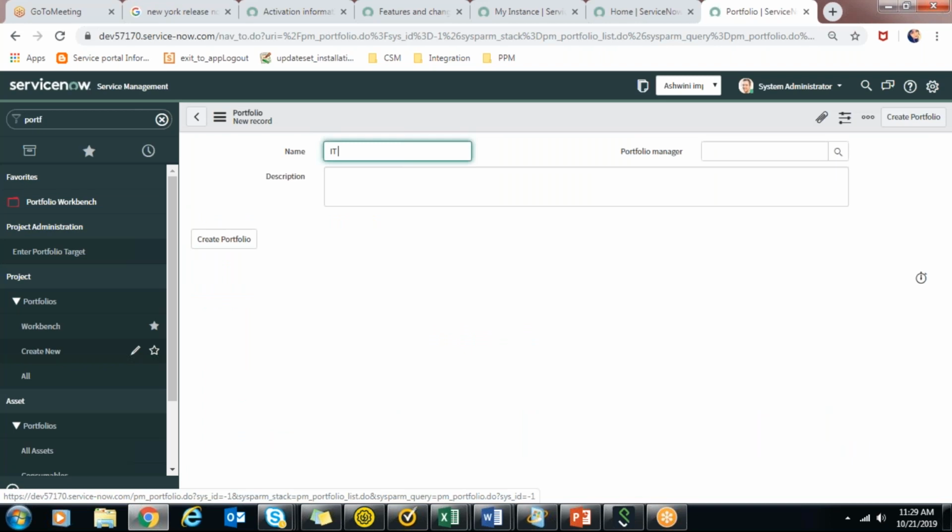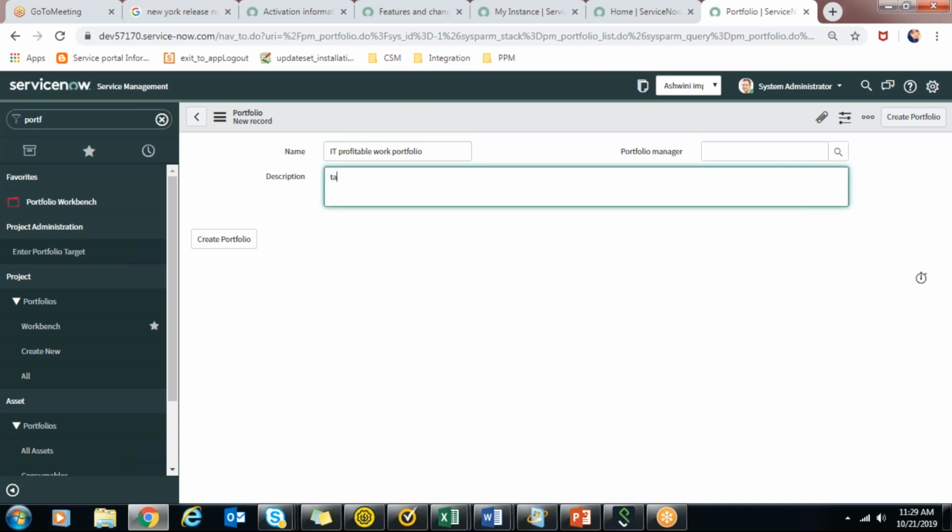The name is IT profitable, and the portfolio description is IT projects that will bring profit.